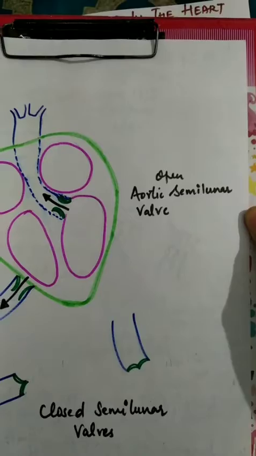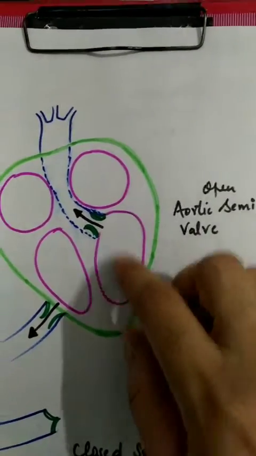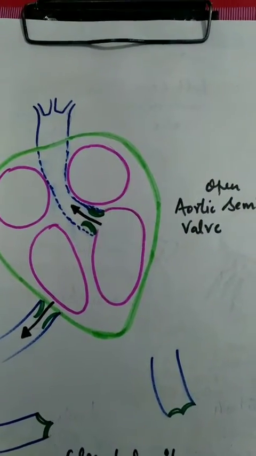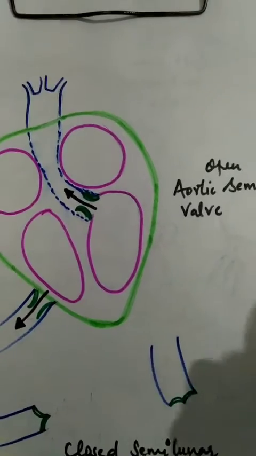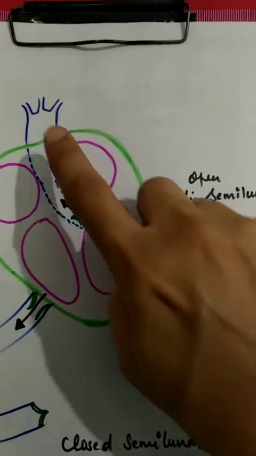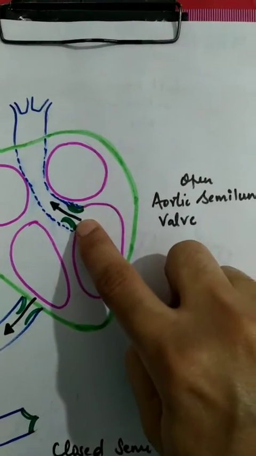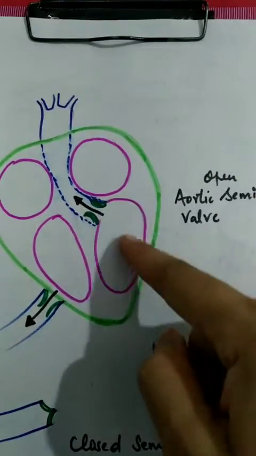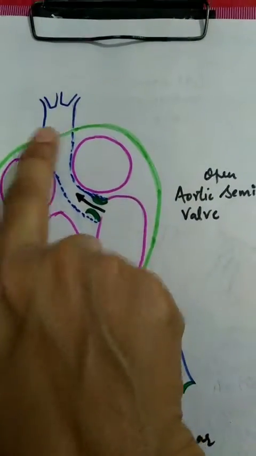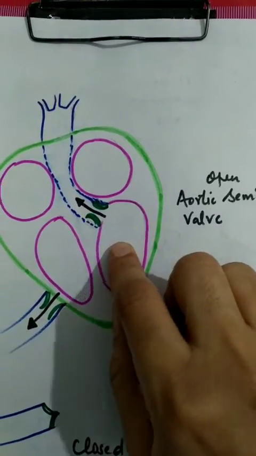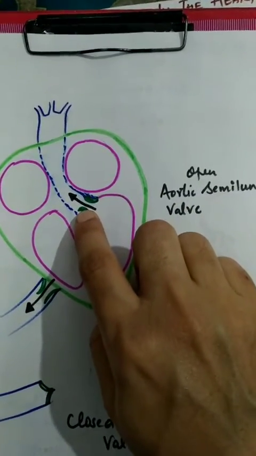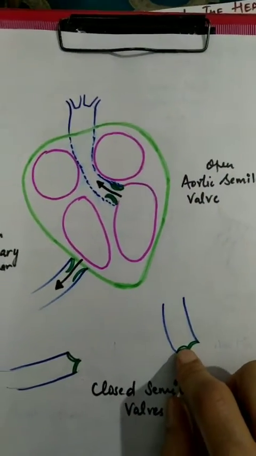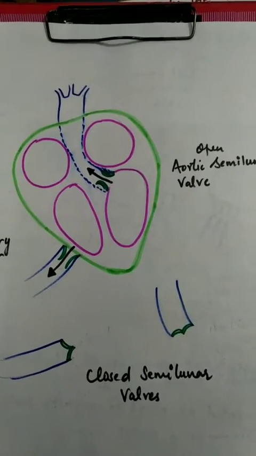Same we talk about the aortic semilunar valve. It is present at the base of the aorta. I have made a diagram just like this to make you understand the things in an easier or simpler way. This is aorta and this is the base point from where it is arising. Same, the semilunar walls are present here. When these walls open, the blood flows from the left ventricle into this aorta. When the ventricles relax, these pockets of the walls get filled with the blood, and then these walls get closed. So this is about the four valves present in the heart.